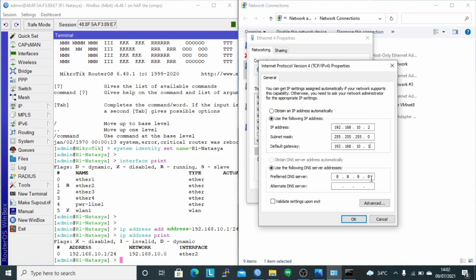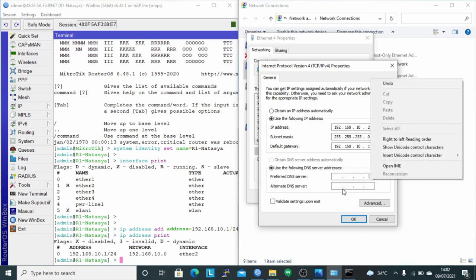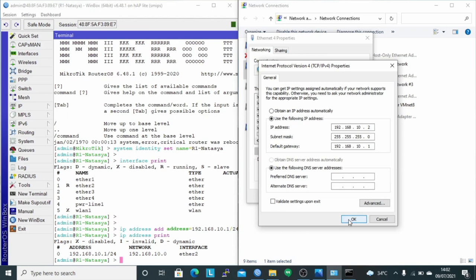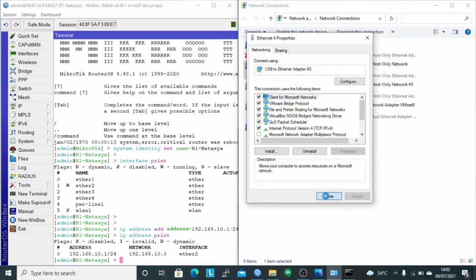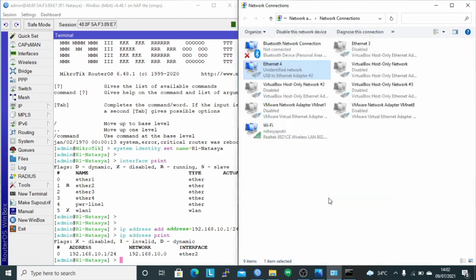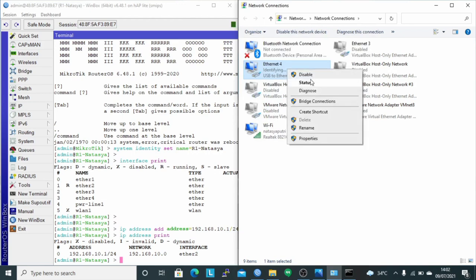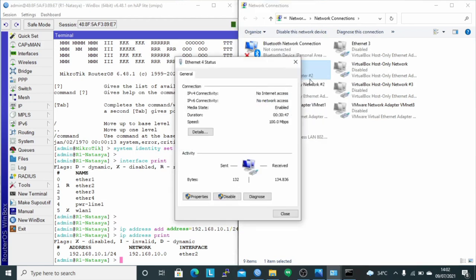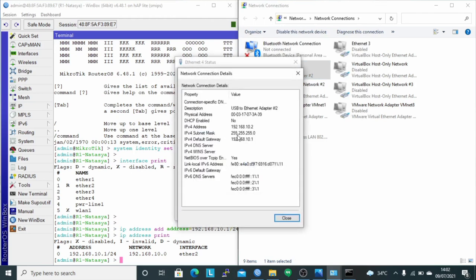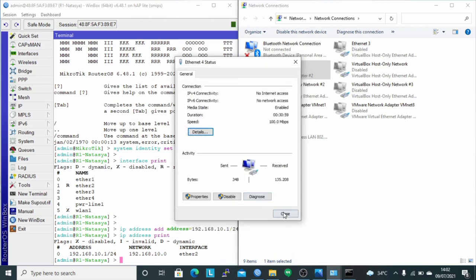And for DNS, leave it empty, and click OK, close, and check the network connection details. Click status, click details. It can be seen that the client is using IP address 192.168.10.2. Click close.